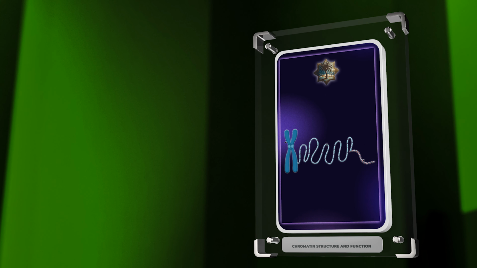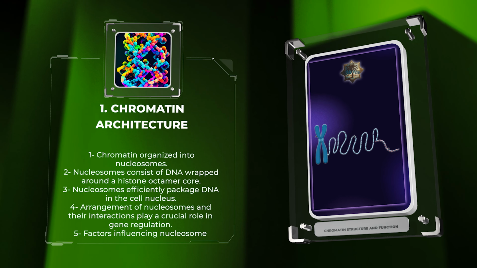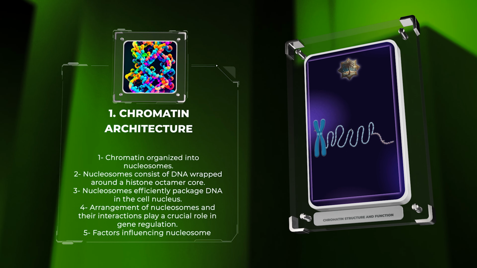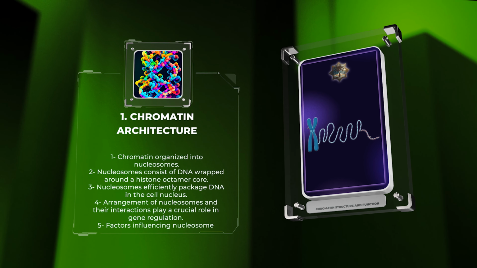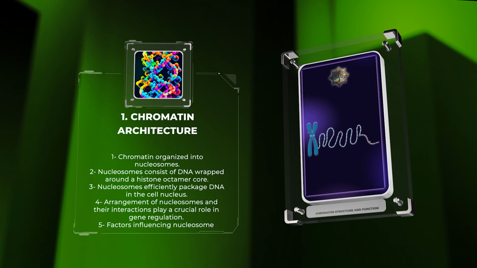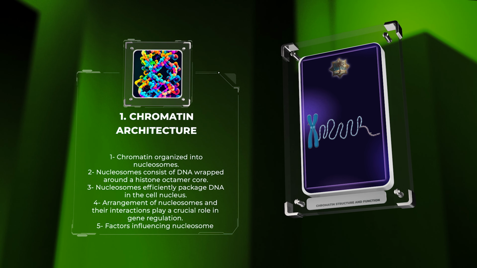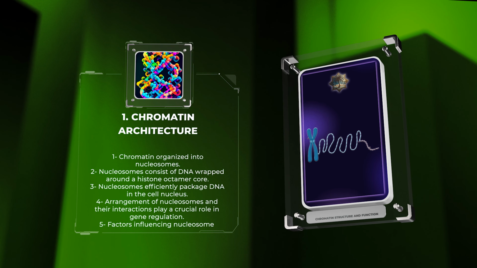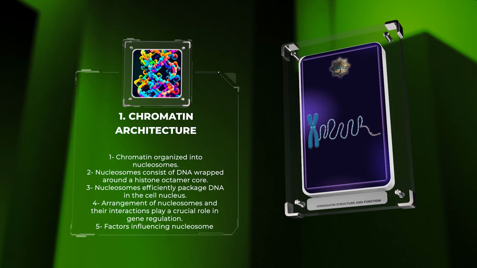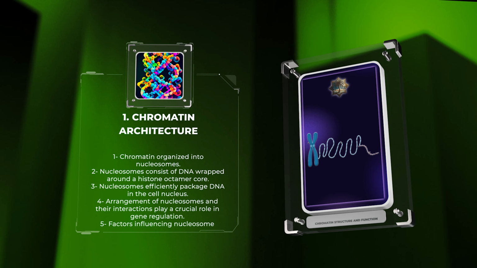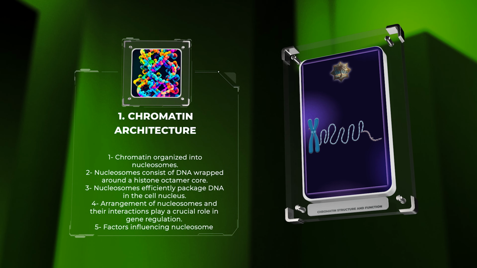Chromatin is organized into distinct structural units, known as nucleosomes. Nucleosomes consist of DNA wrapped around a histone octamer core, forming a bead-like structure. This organization allows efficient packaging of DNA within the limited space of the cell nucleus. The specific arrangement of nucleosomes along the DNA molecule and their interactions play a crucial role in gene regulation. Various factors, such as histone modifications, DNA methylation, and chromatin remodeling complexes, influence the positioning and stability of nucleosomes, ultimately